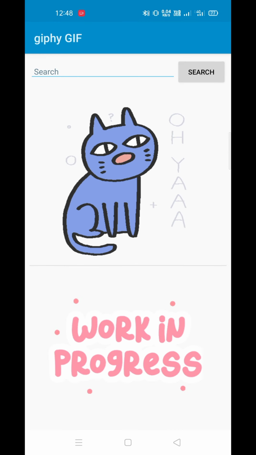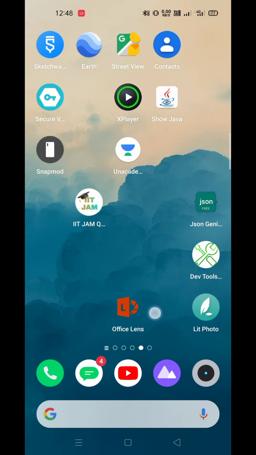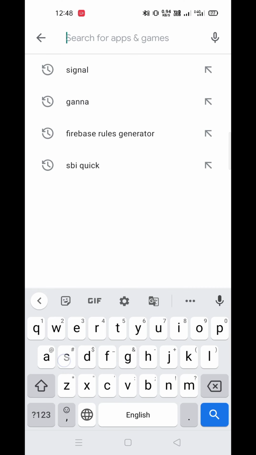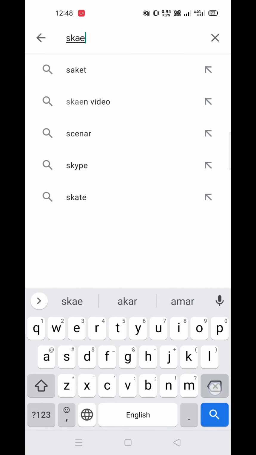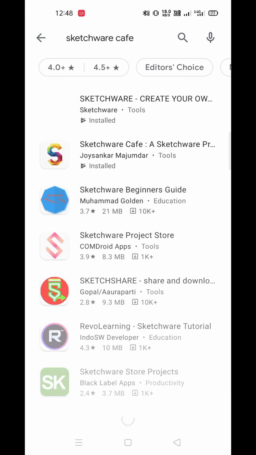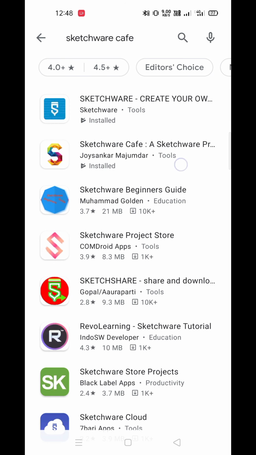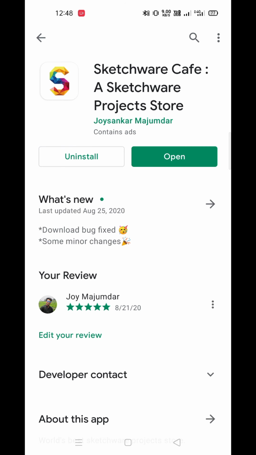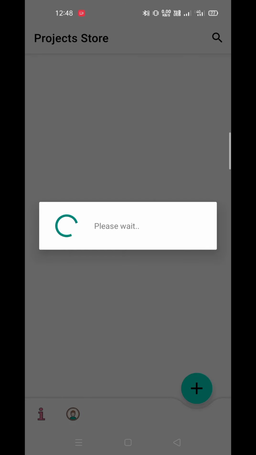If you want to download this project, you have to go to the Play Store and find the application Sketchware Cafe. Search here Sketchware Cafe, and this is the application, the second application, Sketchware Cafe, a Sketchware project store. I have already installed it. You will have to install it and open it.